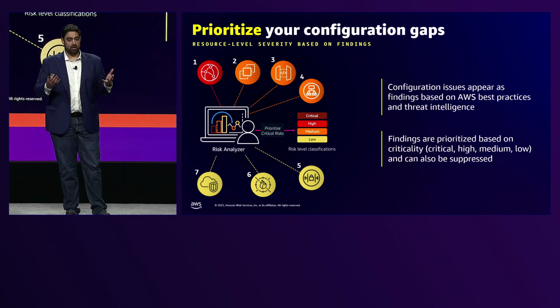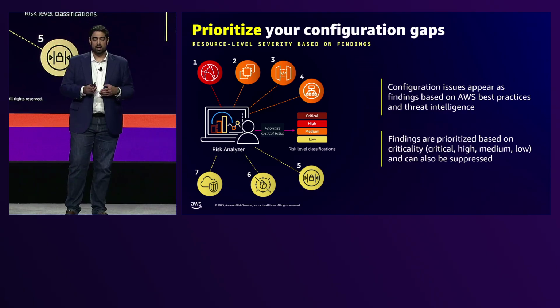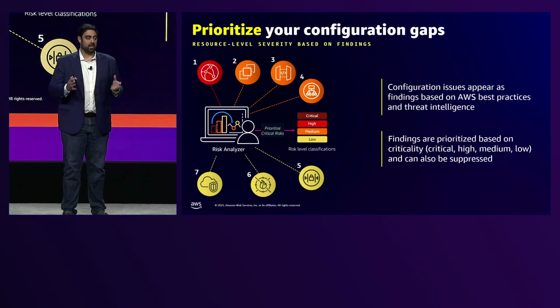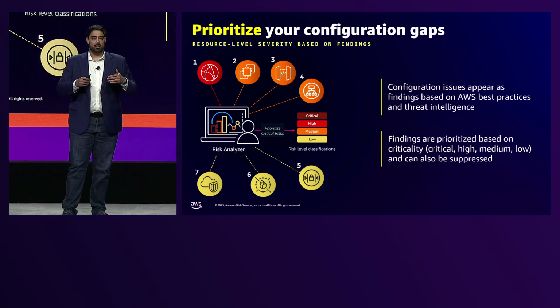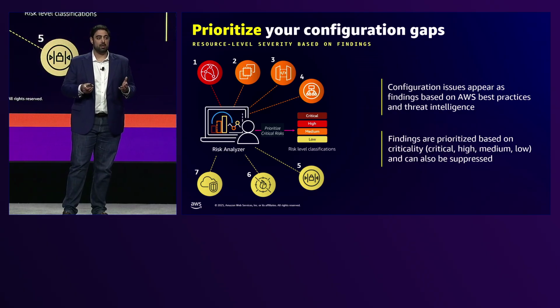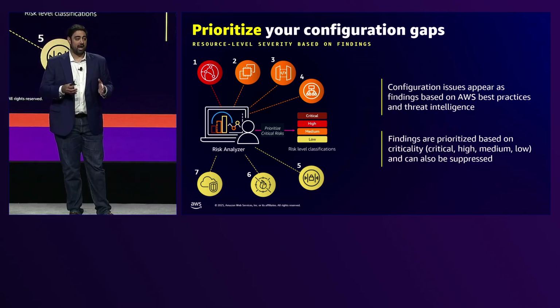Then there is the actual network context. What else is it talking to? Or what does it have a routable path to? Or could conceivably talk to potentially? All of this context is what derives the given finding. So it's not enough to just say, for example, on an EC2 instance, that I have port 22 open. That might be the case, but it depends on whether that EC2 instance is talking to something else. Does it have reachability from the internet? All of these things come into play when assessing the actual severity of a given configuration.